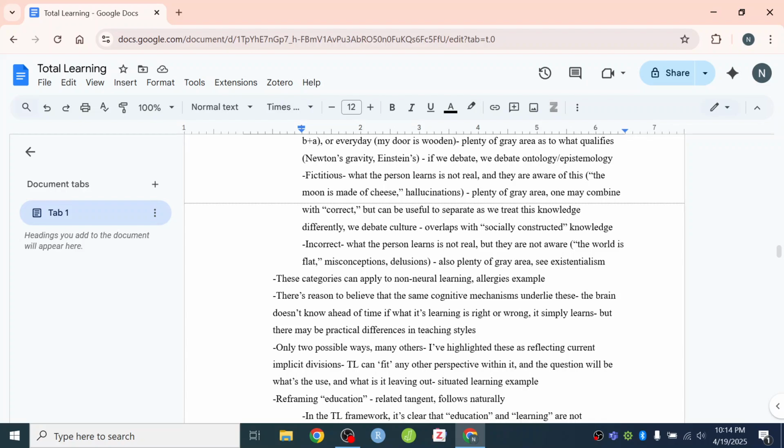We can give the example from the perspective of situated learning, where a person learns something but appears to only learn it in a specific context and does not necessarily generalize to other contexts. Well, from the total learning perspective, we can say, you learned how to do this in this context. Now, if you extend that principle into other contexts, you've just expanded your total learning as you've done so. But indeed, that's a situated learning example.